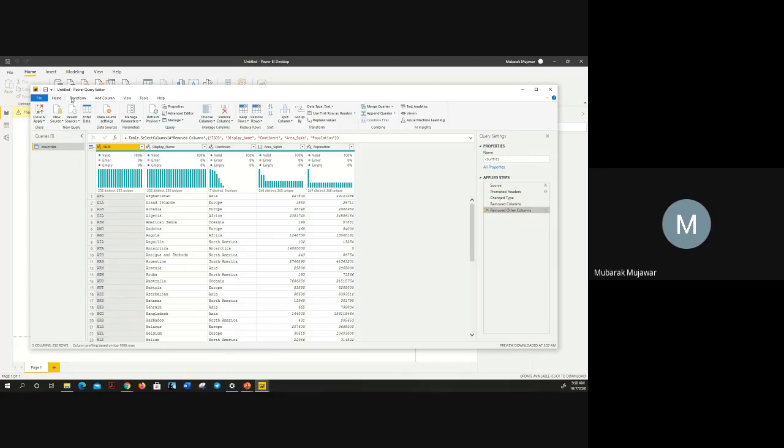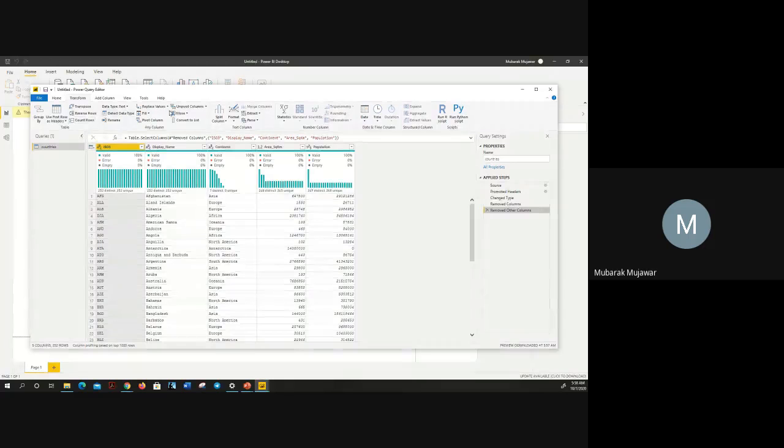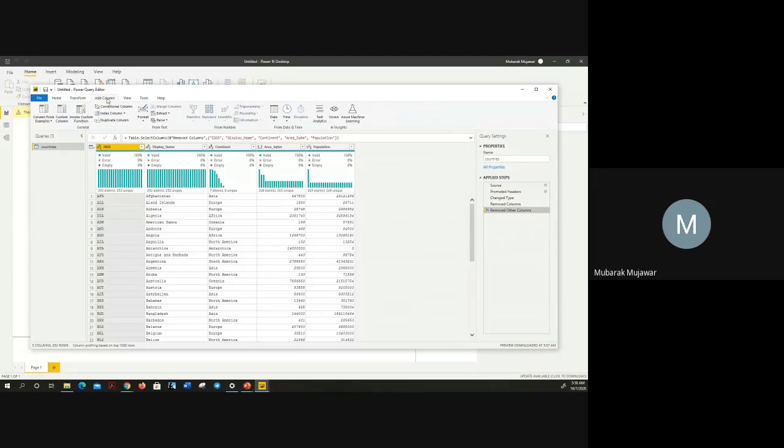There are many things for transformation. For example, you can actually transpose the rows. You can actually apply some kind of statistics. You can actually run some kind of Python scripts. You can run R scripts as well. You can actually extract some of the data. And you can perhaps actually do other things as well. For example, add columns, subtract column, format column, and everything can be done in this Power Query. Once it is done, and once you close this one,